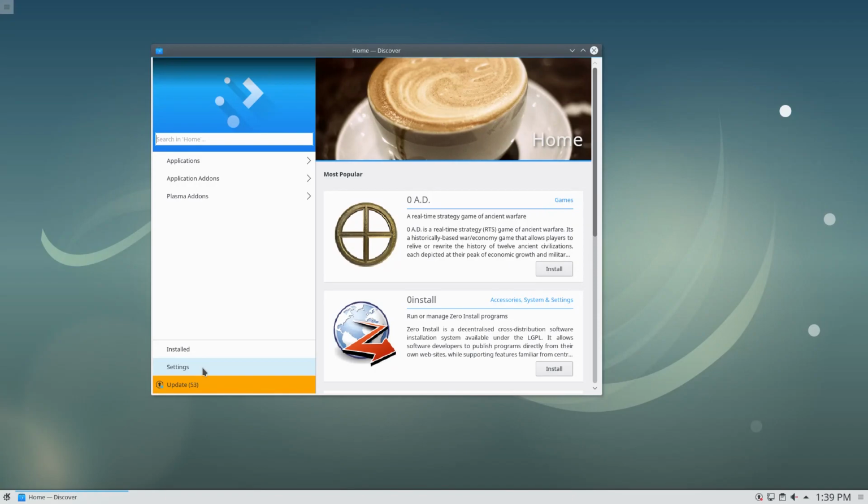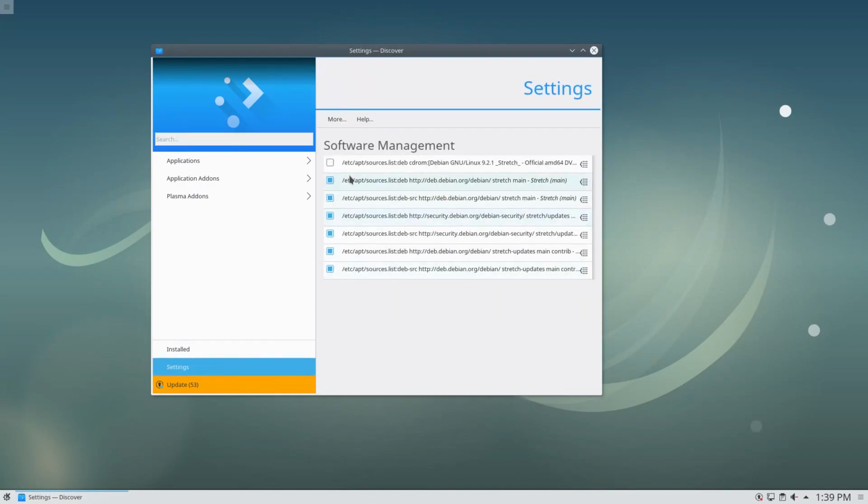So unlike Software, Discover does have a settings menu. So you can click on this settings menu, and here you can see you have a basic repository situation. You can even drag these. I think you can drag them up and move them. Oh no, that's a delete. Okay, so you can delete this thing here. If you just swipe this over, you can delete it. You can also uncheck it here, or unbullet it if you don't want it to be included in your results. If you want to add one, you'd come up here to More, and then you can go to Software Sources,